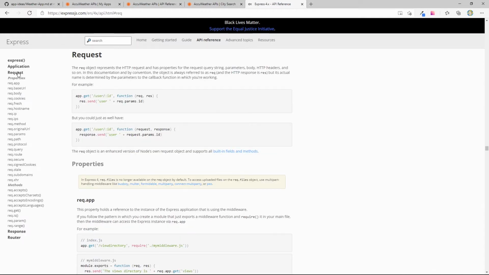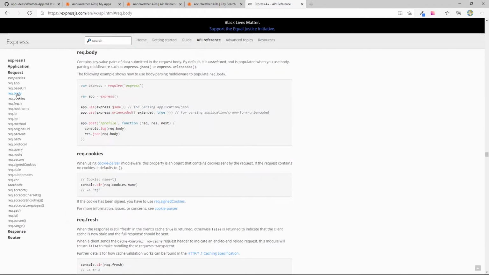Let's look at the request. Let's look at body. So it contains key value pairs of data submitted in the request body. By default, it is undefined and is populated when you use body parsing middleware such as express.json or express.urlencoded. The following example shows how to use body parsing middleware to populate req.body.